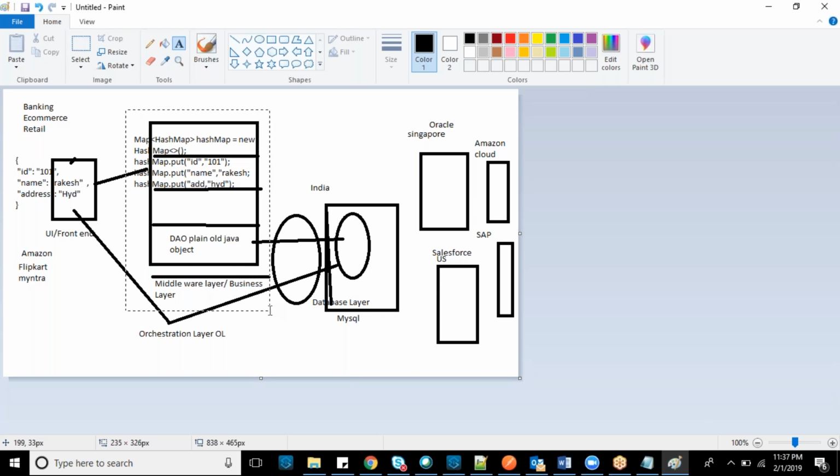For example, you went to China, you don't know Chinese, and that guy doesn't know your Hindi or some other language. So there will be a mediator who can understand a common language like English, and your work will be done very smoothly.